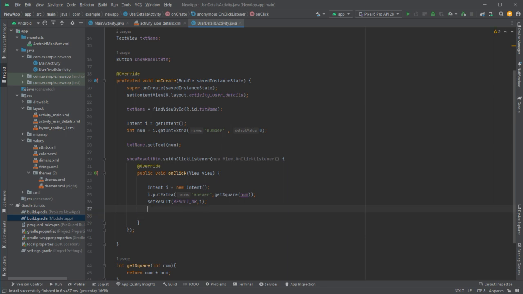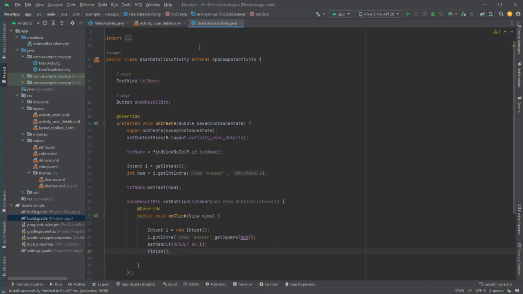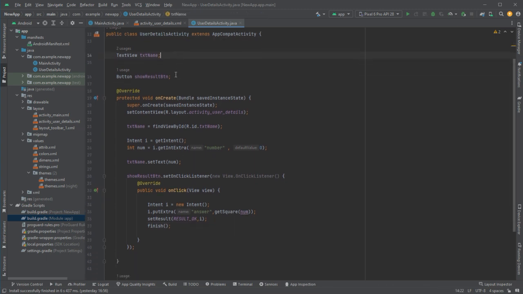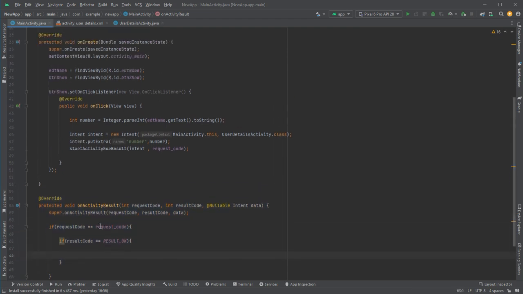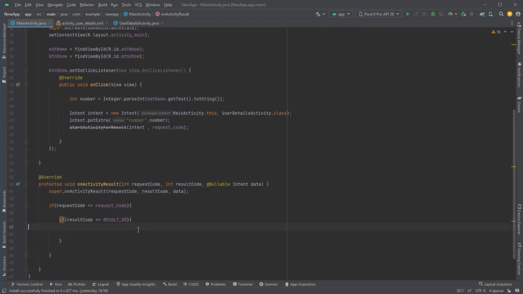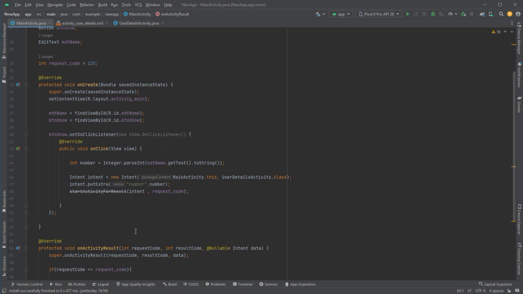Like we have seen the start activity method, which will start another intent, here we have the finish method. What will this finish method do? It will finish the current activity, and whatever data we have set here for result, it will give me here into this code. So there is some code I need to write here, but let's go back again and try